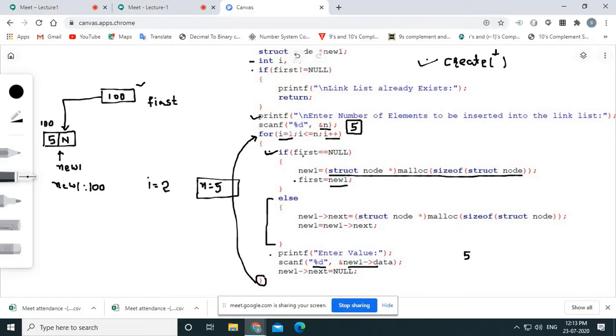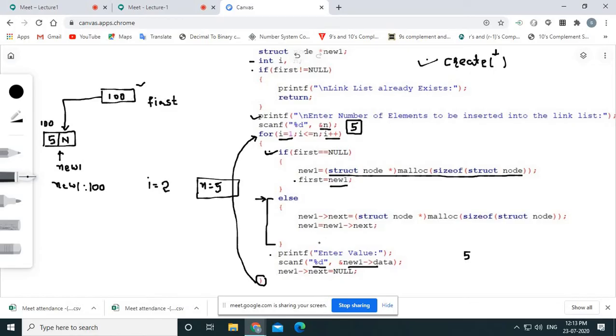Now here we are just checking whether first is null or not. No, this time my first variable is not null, it has the address 100, right, because we have already created a node. So now the if condition fails, and obviously we know that the computer will go into the else part, right?